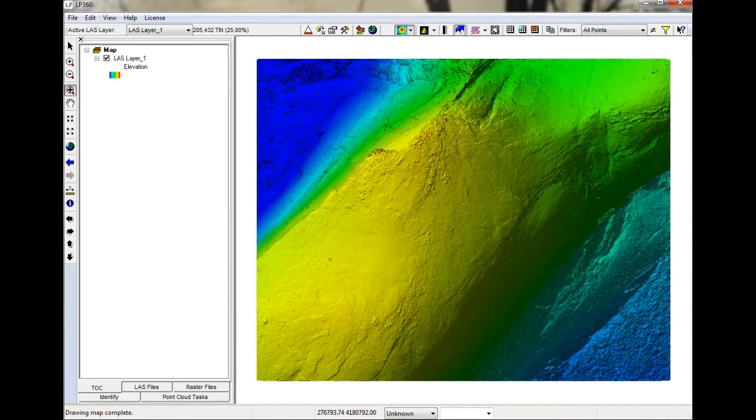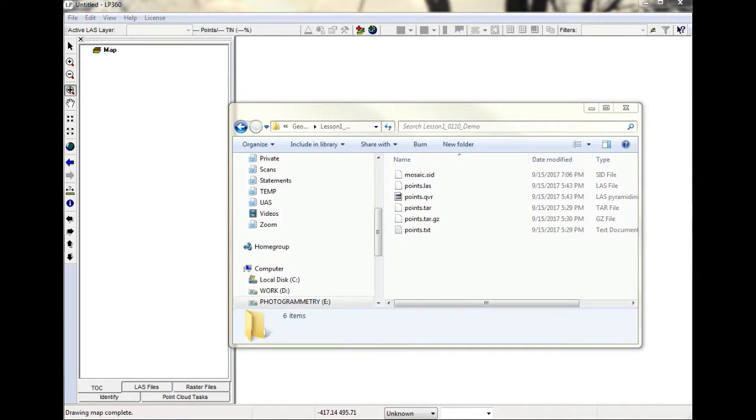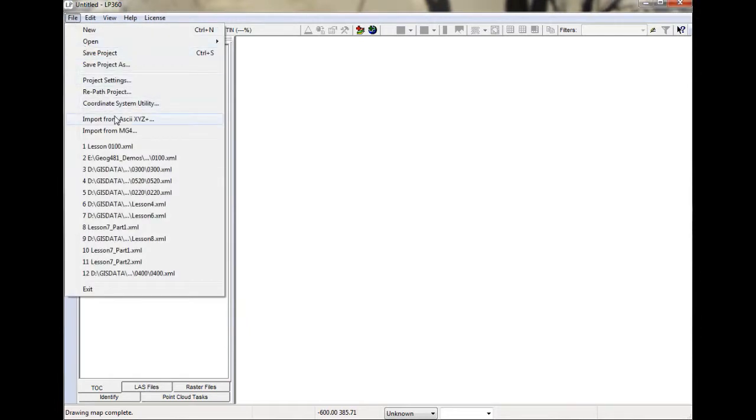Alright, well that's the end of this demo. Next I have a MrSID compressed MG4 file, LiDAR point data, called mosaic.sid that I downloaded from LizardTech. This is a sample of some LiDAR data over Mount St. Helens. So I'll use the LP360 import tool,